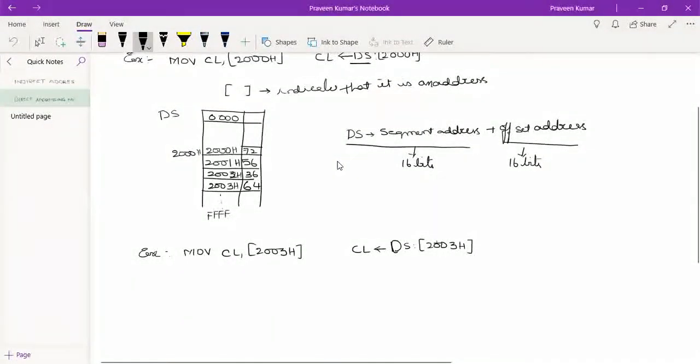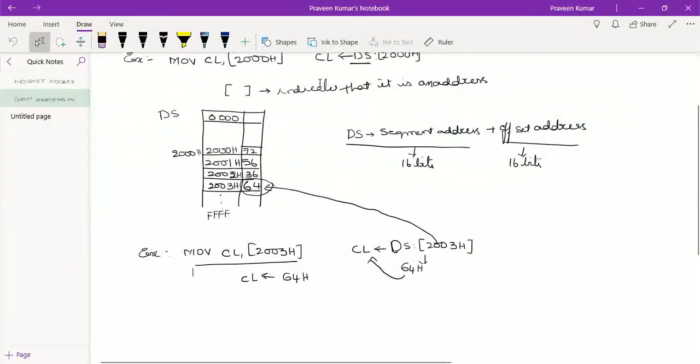First it will go directly to the 2003 location. As it is given in the square brackets, it indicates the address location in the data segment. From 2003H, the data available is 64. So it gets 64H. That data will be copied into CL. So CL gets 64H. The meaning of this particular statement is this one.